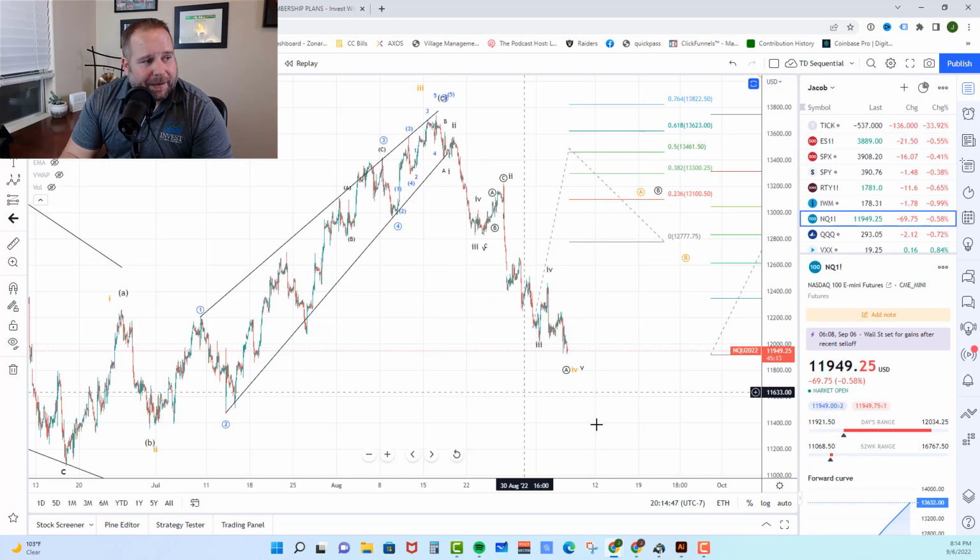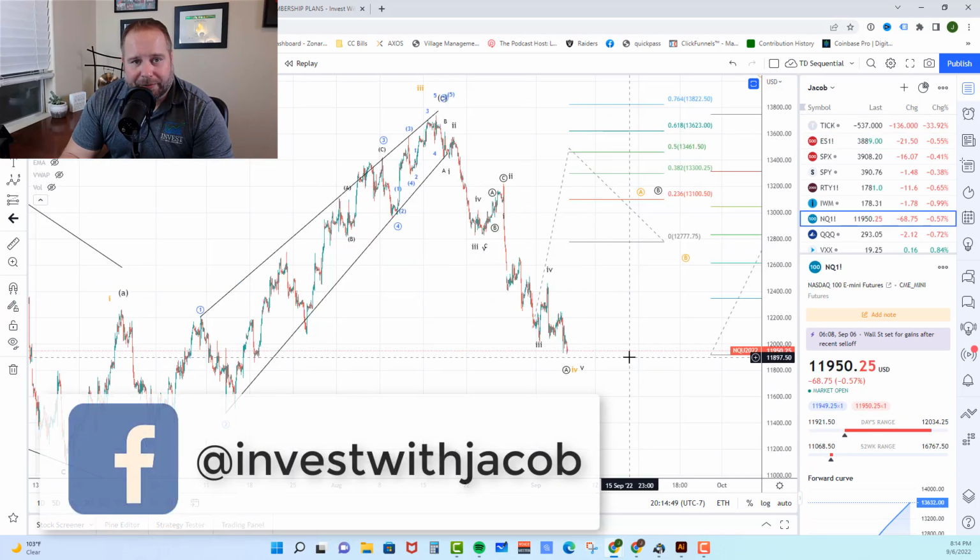Over on the Nasdaq, we're looking for that 11,800 to 11,850 area to hold and have support bounce up towards that 13,100 region. However, if they can't hold support down there at the 11,800 area, we would expect a sell-off down